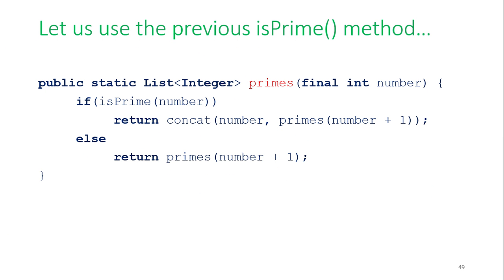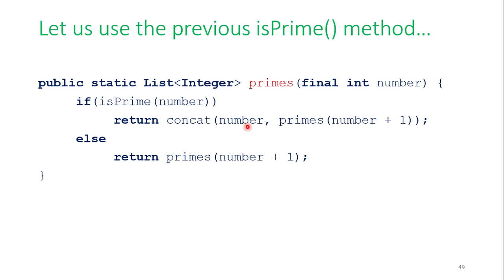So let's continue. Now that we have an isPrime method that we wrote, in the style of streams, why not? Or if we have an isPrime method that is just written the good old-fashioned way, let's try to use it. So we have here a method primes that takes a number and returns a list of integer. Okay. So if the number that you give me tests to be a prime itself, then I'm going to concatenate